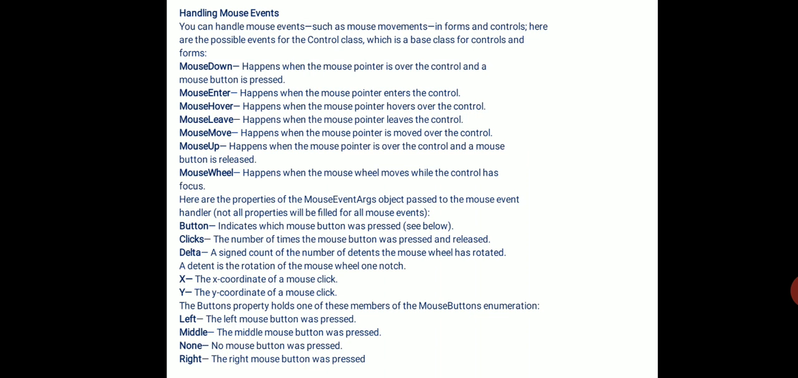Button indicates which mouse button was pressed. So maybe right button or left button, that means right click or left click. Clicks, the number of times the mouse button was pressed and released. For example, double click or single click. So if you double click, usually on your desktop, if you double click on any folder, it will be opened, isn't it? If you just click that folder, then it is selected. So this is the clicks, the number of times the mouse button was pressed and